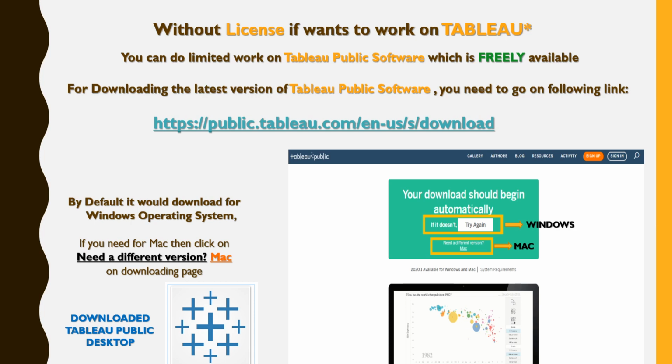So at that point of time, either you will not save your visualizations, or the visualizations you are creating on Tableau Public Desktop will be stored on the server only. Tableau Desktop works in desktop mode, that is you can save anything on the desktop, whereas Tableau Public saves your things not on the desktop but directly onto the server. When we connect to the server, it takes some time, a large latency, due to which we prefer that you download the Tableau Desktop software.